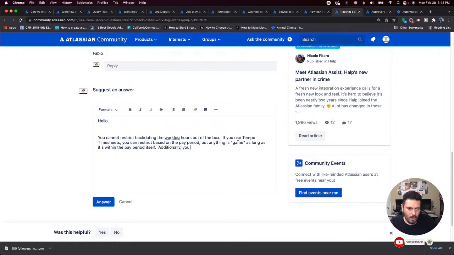Additionally, you could restrict users from editing their hours after they've submitted. Is doing an exclamation mark on a response a bad thing? I'm not 100% sure.